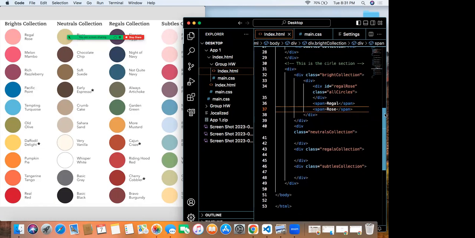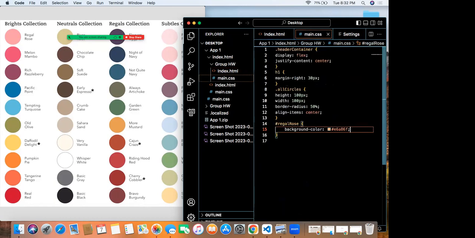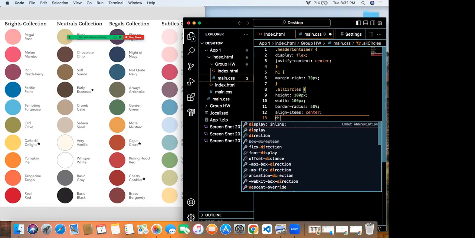You said we have to go to main.css? Yes, but we already have it in main.css, so we'll just edit it on there. So we want to add to this. We want to make it span, display.